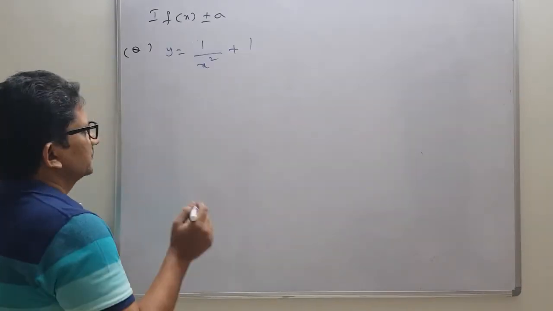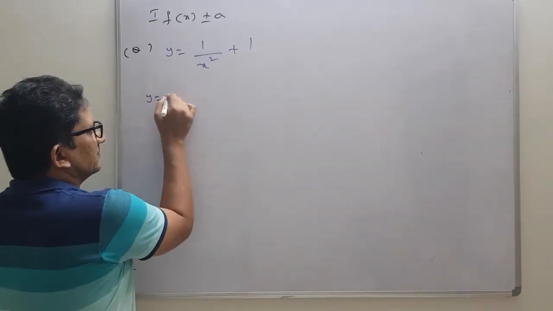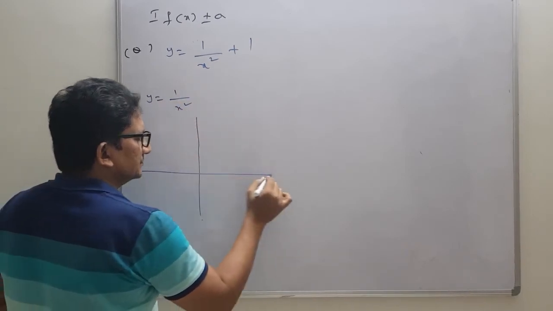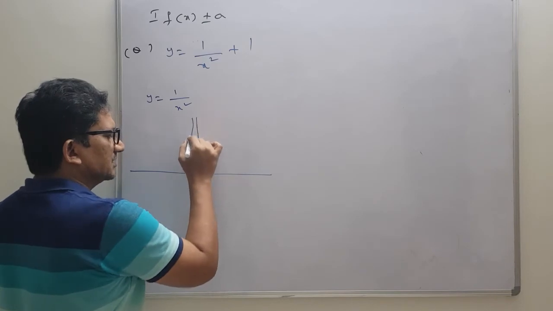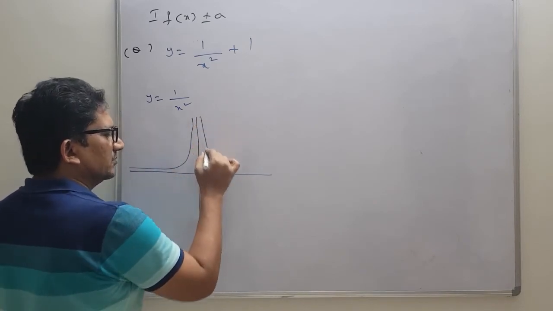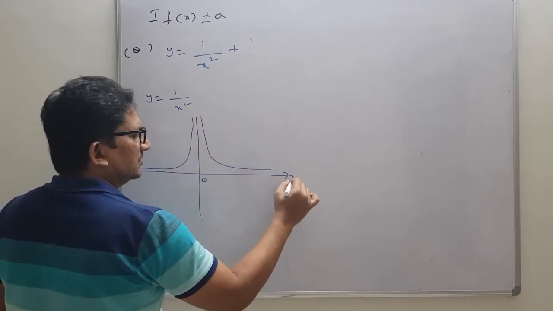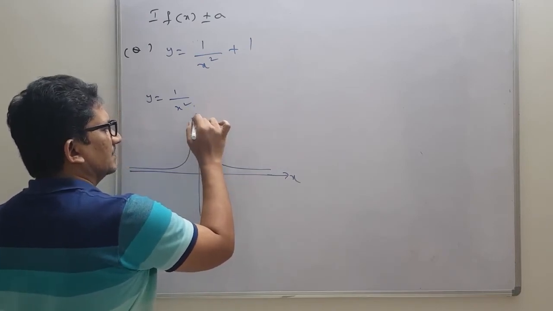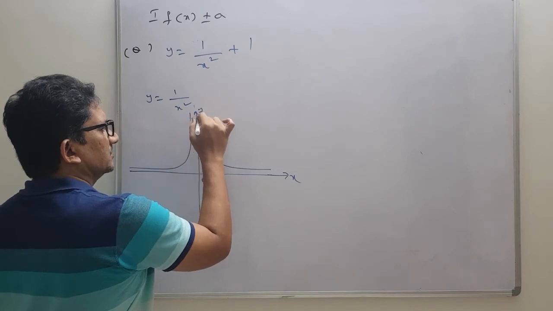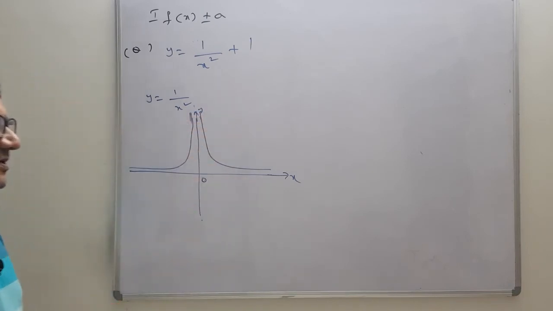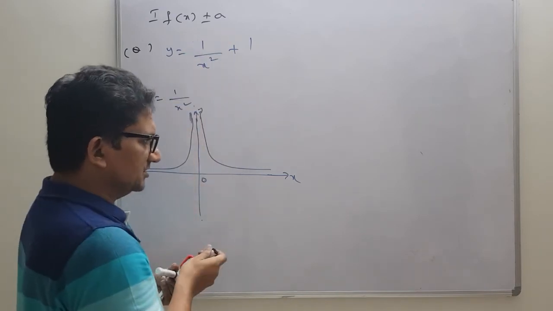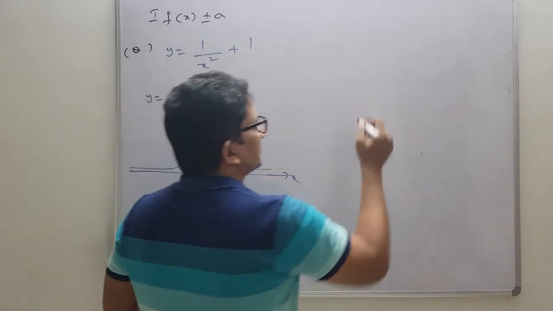That means, so first we will check how the graph of y equals to 1 by x square will look. So here, so if origin is the reference, we will get a curve like this type and one more like this type. So this is your curve with reference to x-axis and y-axis. So it will go up to infinity actually. This is the part. Now this structure we need to shift by 1 unit above the origin. So that means you will get like this type.